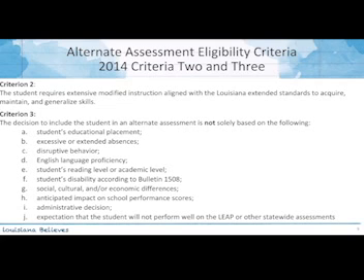Although the Louisiana Department of Education revised the first criterion to Bulletin 1530, they did not make significant changes in 2014 to the second or third criterion. The second criterion states that for students to be eligible to take the alternate assessment, the student requires extensive modified instruction aligned with the Louisiana extended standards to acquire, maintain, and generalize skills. The third